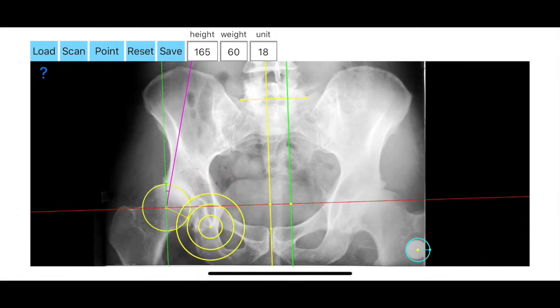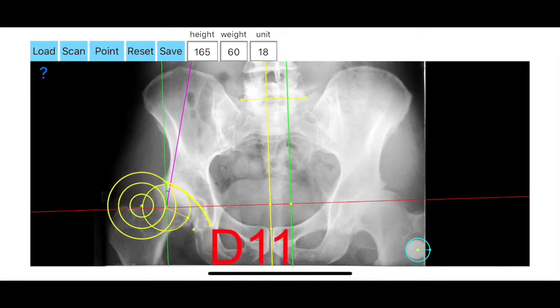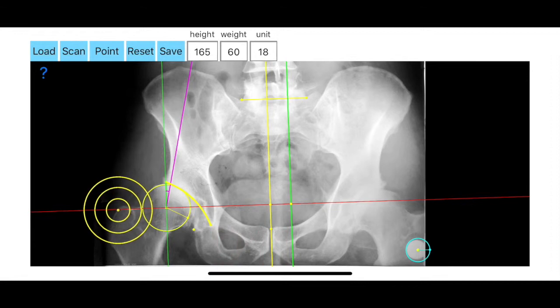In the same manner you mark the V10 point, which is the lowest and most lateral point on the acetabular teardrop, and subsequently the point where the lower contour of the head intersects the postero-inferior acetabular margin, point D11. Finally the site of insertion of the hip abductors on the greater trochanter, point T12, is also marked. Left side. Without recalibrating, you start the same procedure from the left side by marking the center